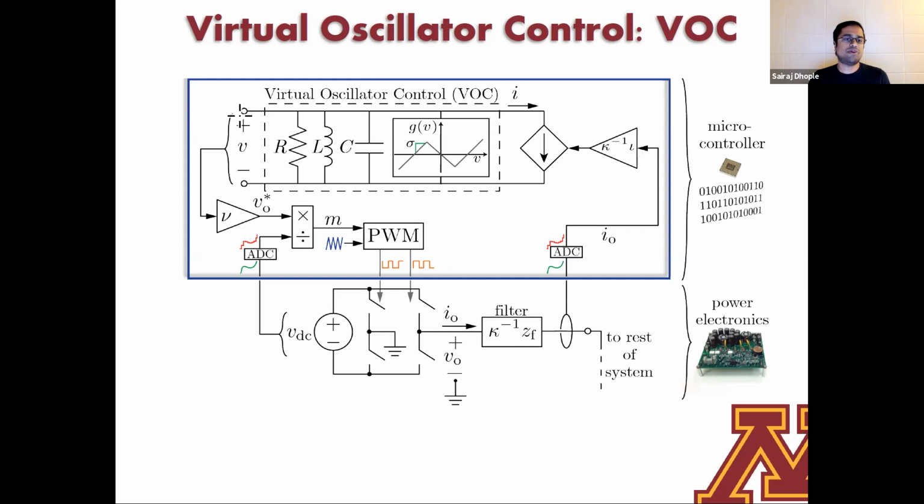And one of the voltage waveforms that is generated across this oscillator, and that's the capacitor voltage, is going to be sinusoidal in nature, and I can process that in order to realize my PWM switching modulation signal in order to get my switching signals at the end of the day. All right, so that's how I realize it, and that's how I close the loop, and that's how I control